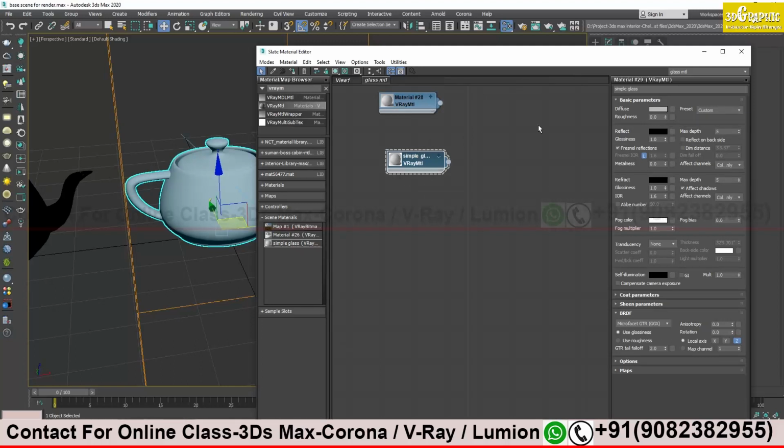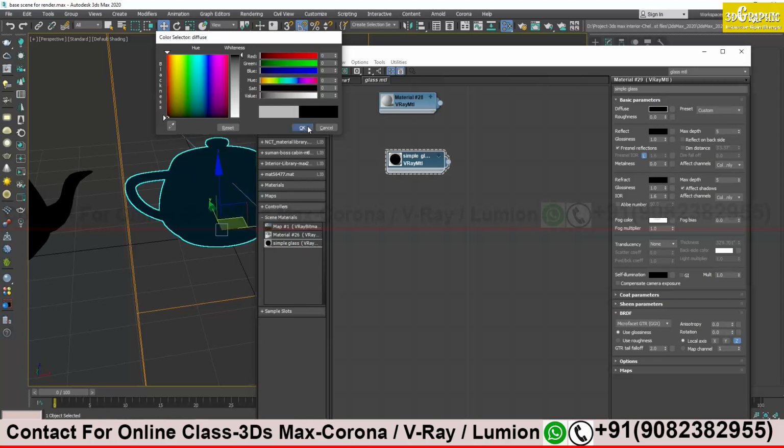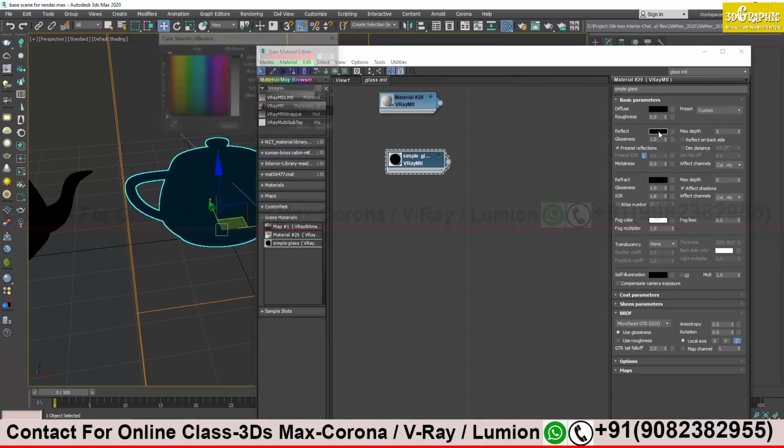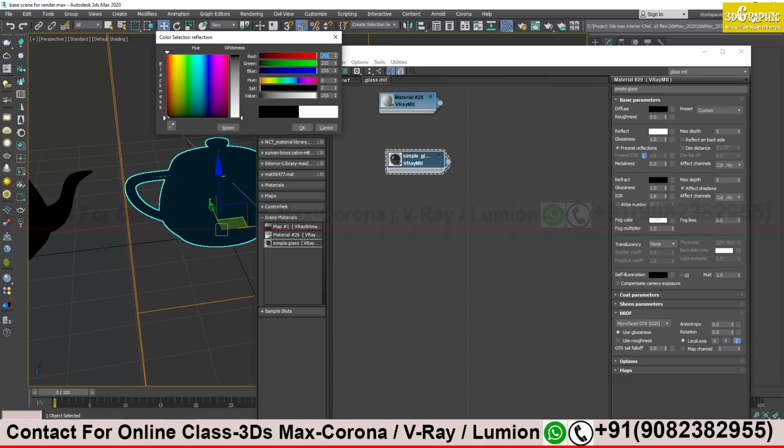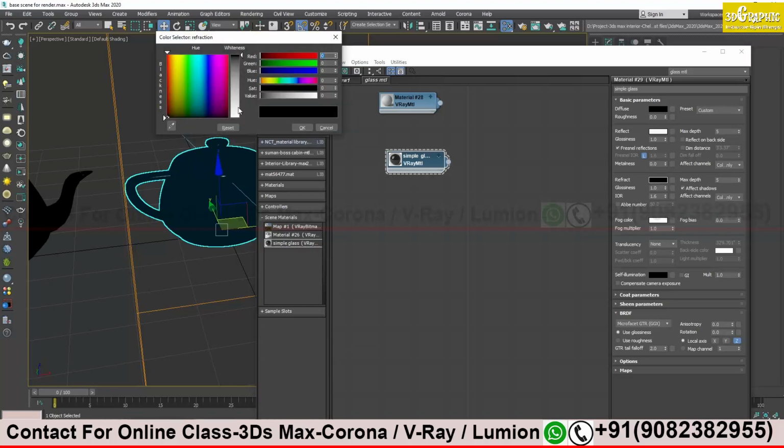If you make a transparent glass, its own color value will not be there, so I will make it black. Reflection will be about 95-98%. Glass will be very reflective. This time we will not do anything with Fresnel. We will do the refraction thing, so the light should pass through my object.